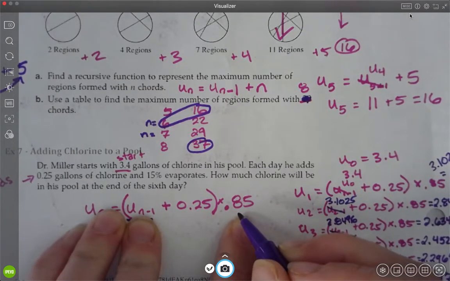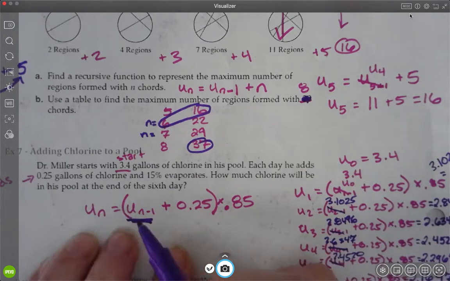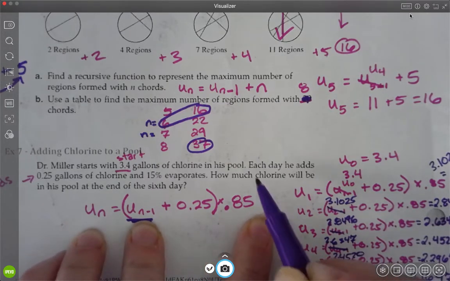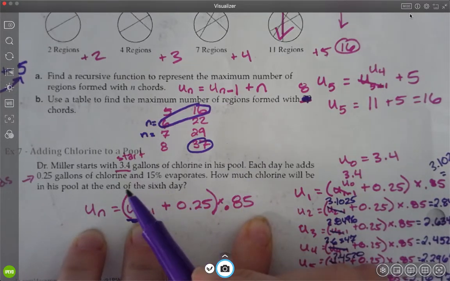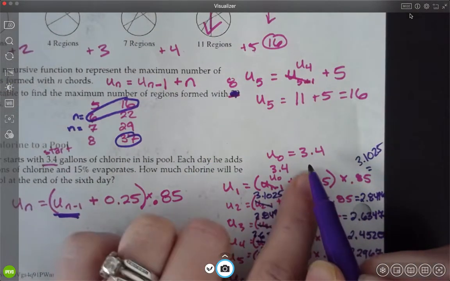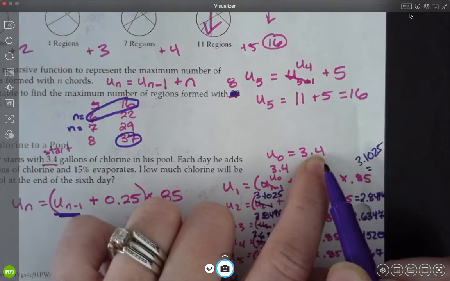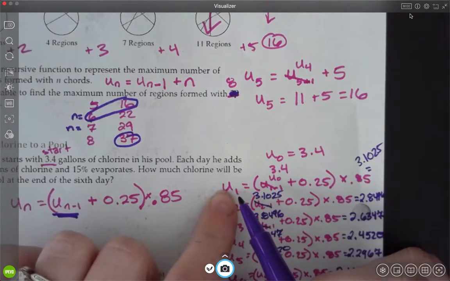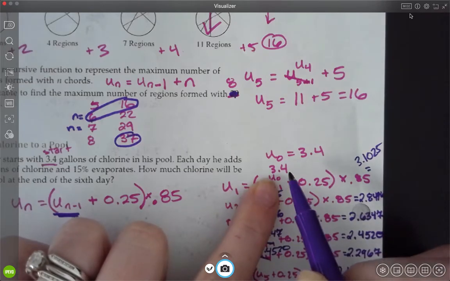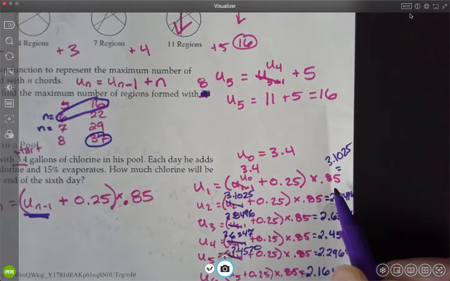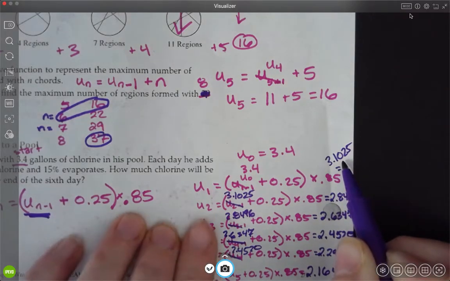And we want to know what's left. So we're doing times 0.85. So it's whatever it was the day before, adding 0.25, and multiplying by 0.85. They want to know how much chlorine will be in his pool on the 6th day. So day 0 is what we call where we're starting from. That's 3.4. At the end of the first day, we're taking that 3.4, adding 0.25, and then multiplying by that 0.85, and we get this number,